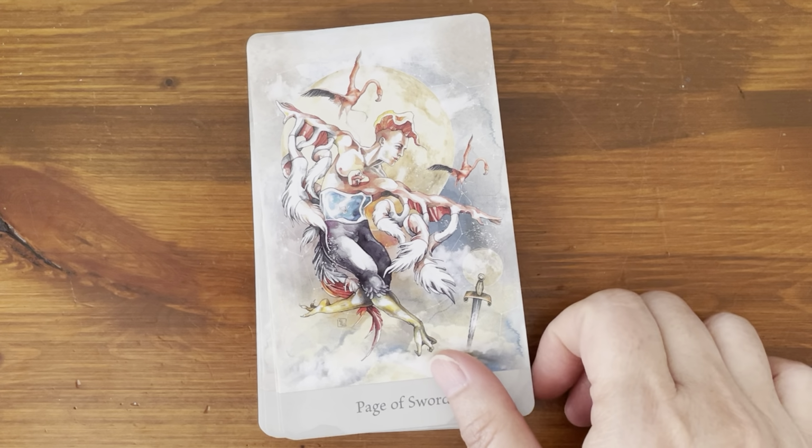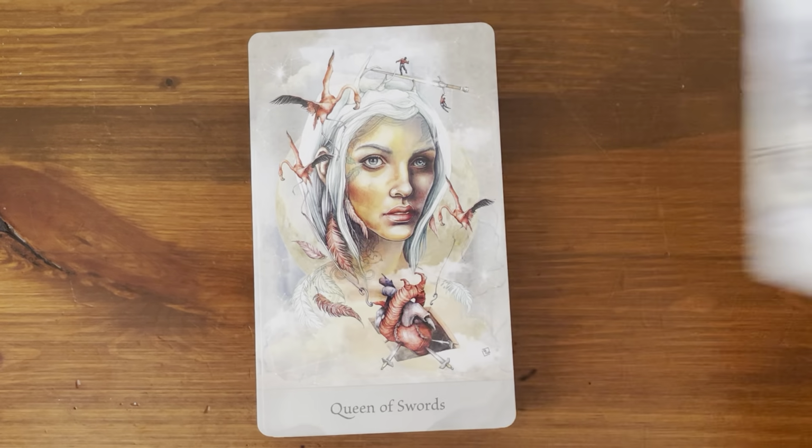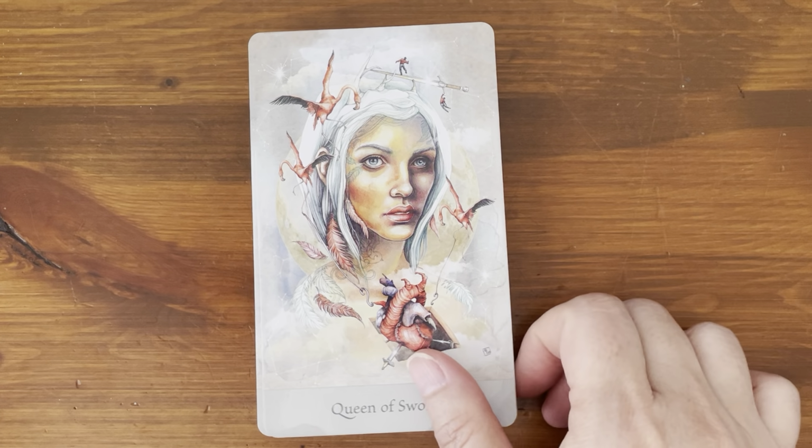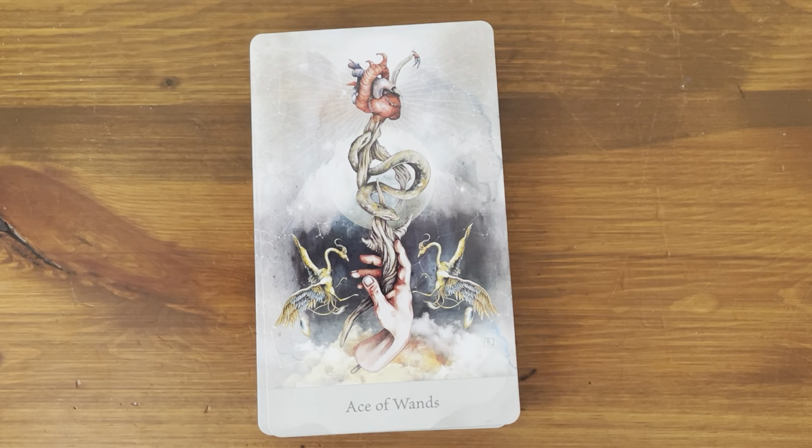Page of Swords, Knight of Swords, Queen of Swords, and King of Swords. And this is the wands. So let me turn to that page really quick so I can tell you, because I did see that they did change